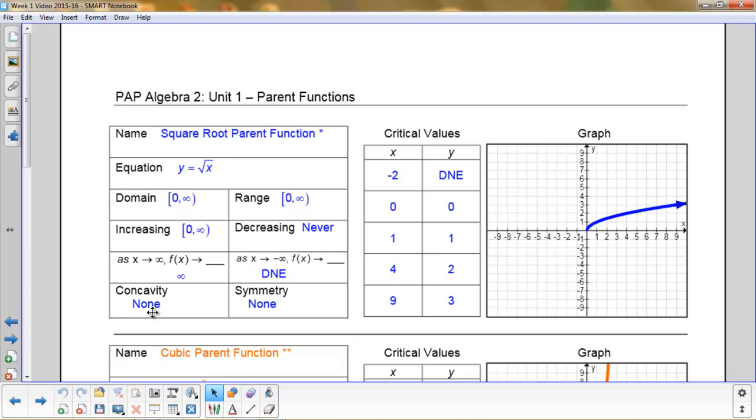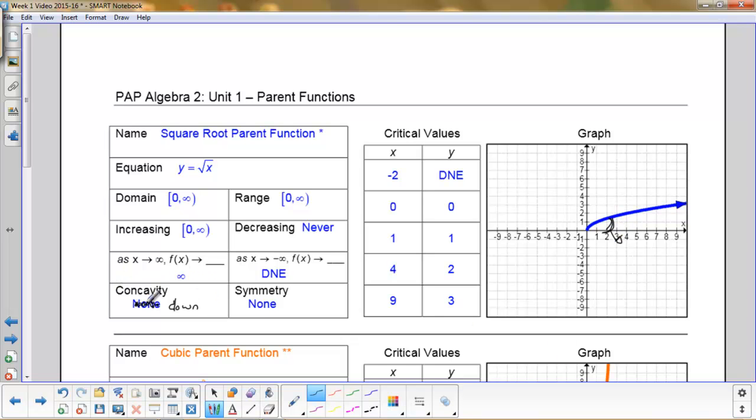Concavity, that is incorrect. Concavity is not none. I'm sorry I did not catch that before. I'm going to make that correction right now. We're going to scribble that out. Our concavity is down. This one's a little bit trickier to see, but you can see how the curved surface is right there. So this is the inside of my cave, and the inside of my cave is facing downward,